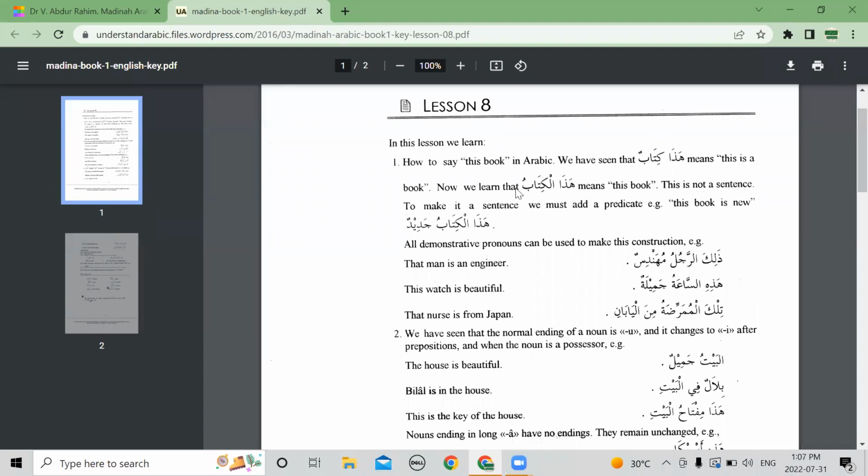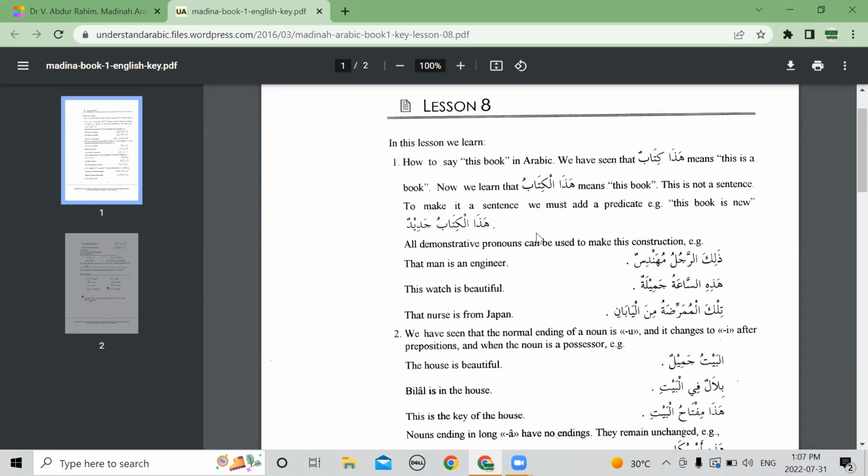So now it's a fragment. It's a murakkab. Now you have to add something extra in order to complete the meaning. So you can say hadha al-kitabu jadidun. Then the jadidun here is nakira, and that becomes the khabar. Okay, so this is what we're